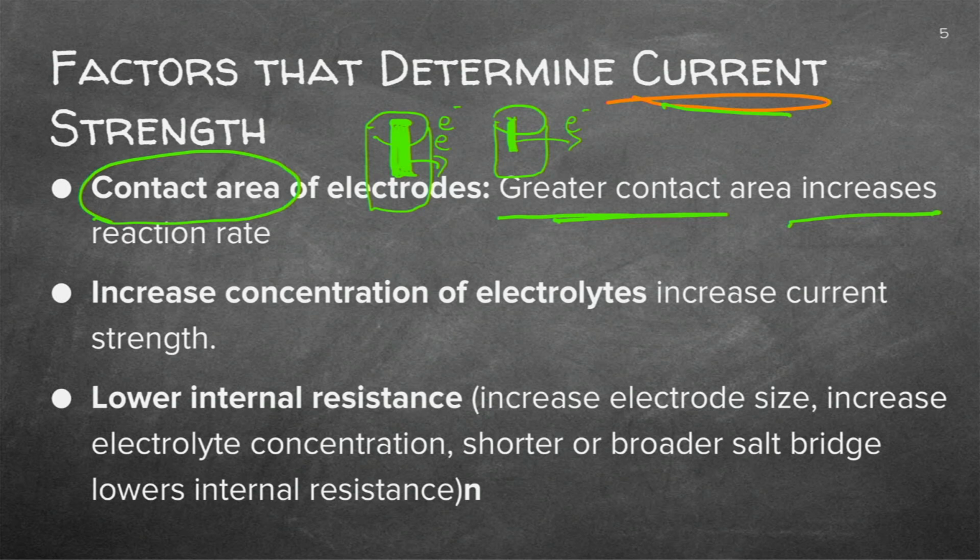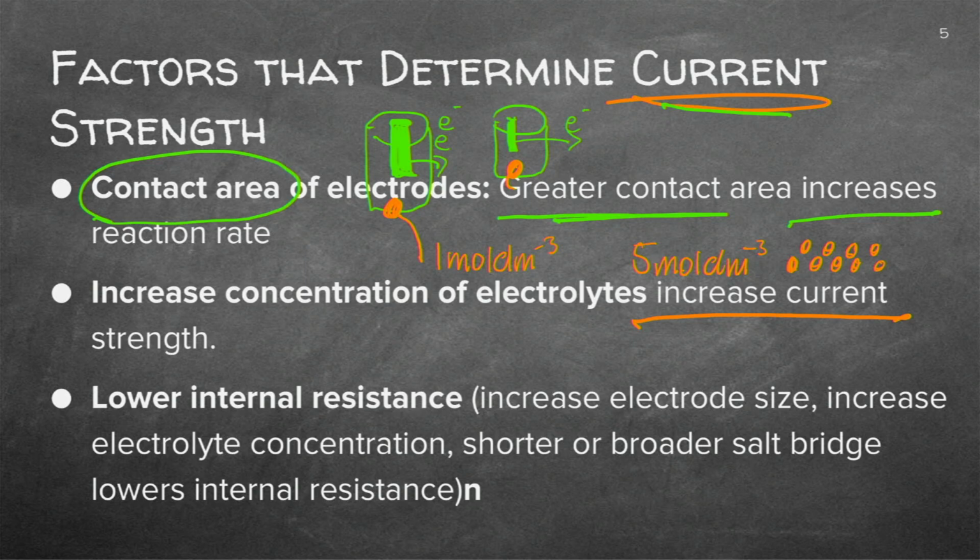The second will be an increase in concentration. If I've got electrodes here in this solution, we can actually increase, let's say, from 1 mole per cubic decimeter to, say, for instance, 5 mole per cubic decimeter. Then we know we've got more atoms or ions, especially ions there, so that will increase the current. So the more concentrated or the larger the area, the more current.